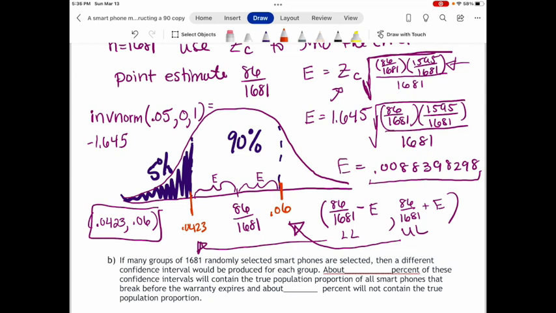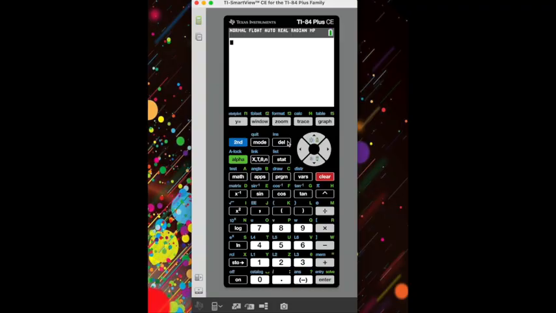Now there is a way to do this on the calculator. I'm going to show you how to do that. Let me pull up my calculator. Want to check your answer? You would go to the Stat button and you would arrow over to Tests. Now, because we were using proportions for our confidence interval and we were estimating using the normal distribution, I would come down and find option A. It says one sample proportion Z interval. So I'm going to use that,